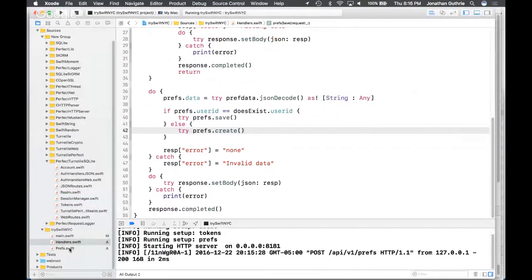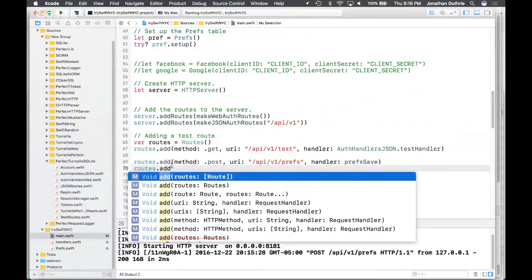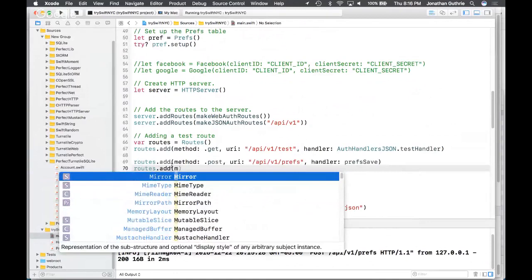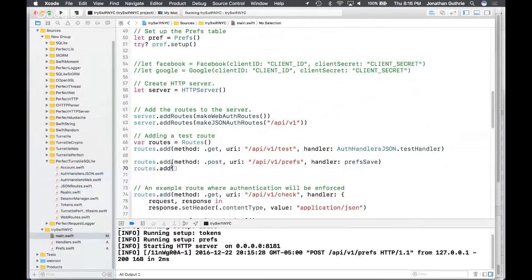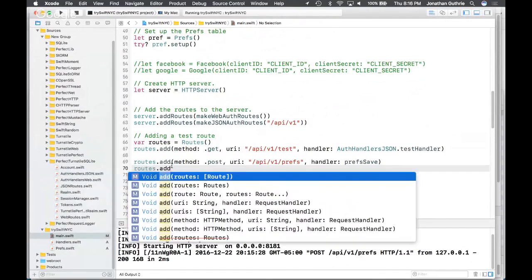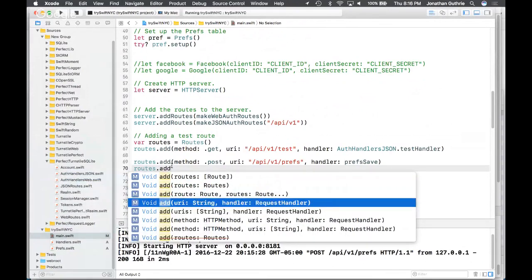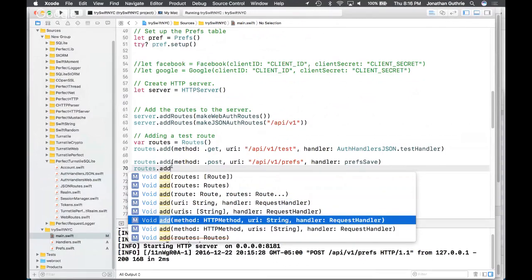So back to our main.swift, and let's make a new route. Okay, so routes.add. Okay, to use the autocomplete. Here it is.